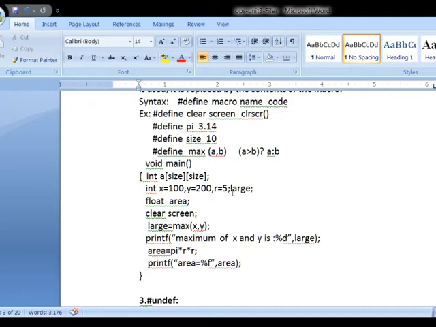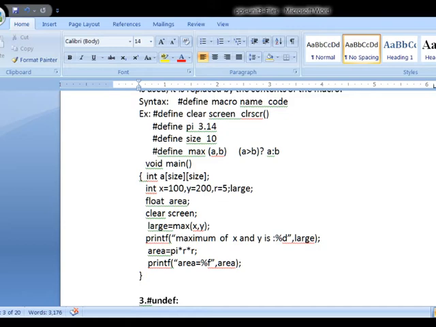The define directive is used to define macros and use the defined macros in the program. A macro is a name given to a fragment of code. Whenever you use the macro name, the macro code is automatically replaced in place of the macro name before compilation. So this is how the define directive works.